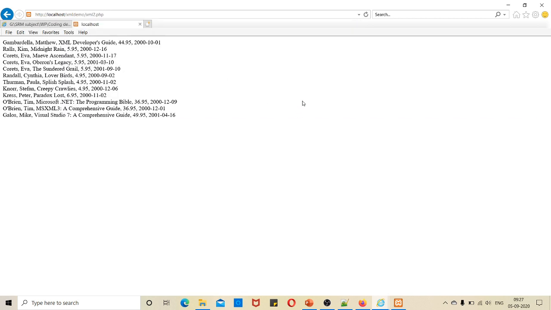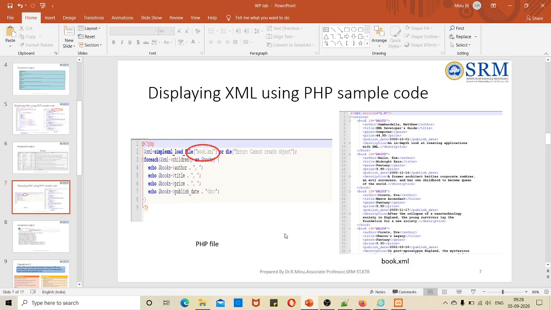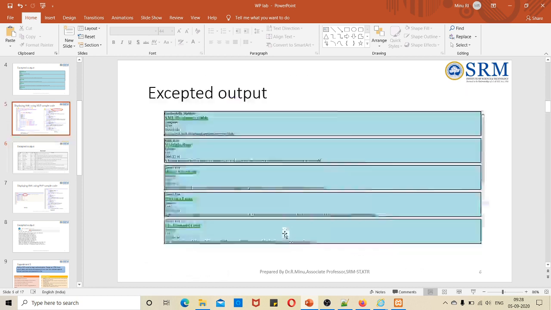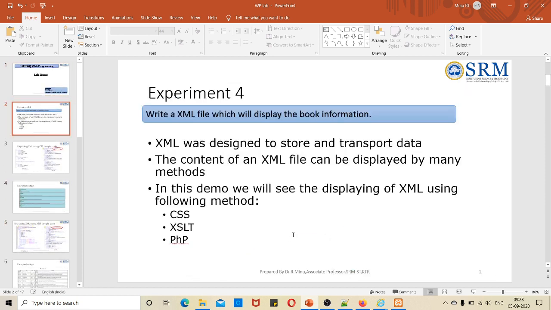If I click it, see, it just retrieves the data from that XML and displays it. You can use any styling method to display it in a table or any other manner. So in this way we can display the XML in the PHP file. To conclude, in this experiment I have explained how to display the XML file using CSS, XSLT and PHP. Thank you.